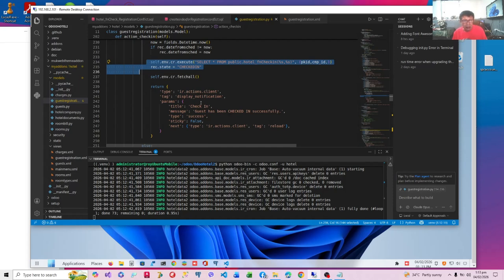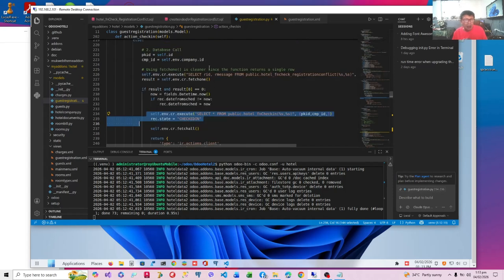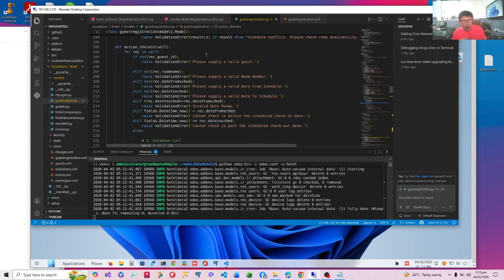So that's the same thing, and I have enhanced my check-in to add other validation checks, such that you cannot check out of a previous period. You only check out either before the period or right on the date of the scheduled checkout.